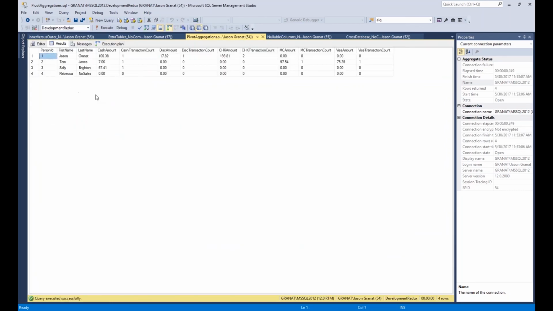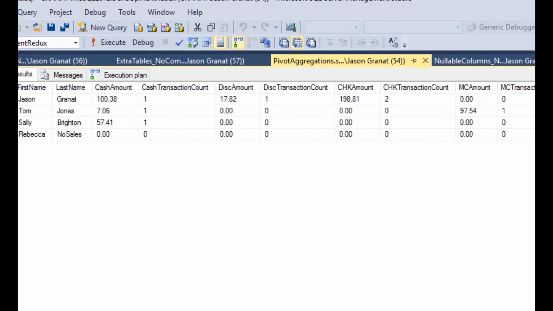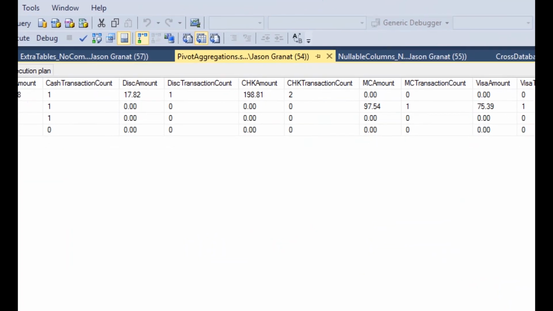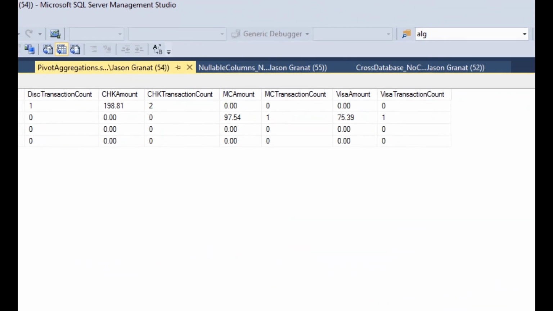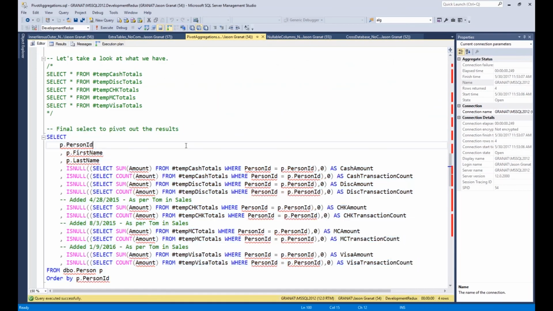So what we end up with is a long, pivoted out record of names and then cash amounts and the count across our different transactions. If we didn't have any transactions, then you can see that we had 0 counts and $0. So one of the items we talked about earlier, maybe when you were doing your testing, is that this worked out well for a smaller data set. Maybe we were only doing a couple thousand records, and you take it into production and you want to run this type of structure,